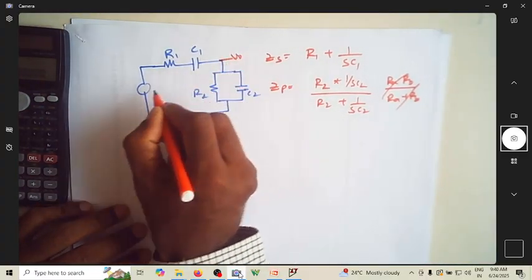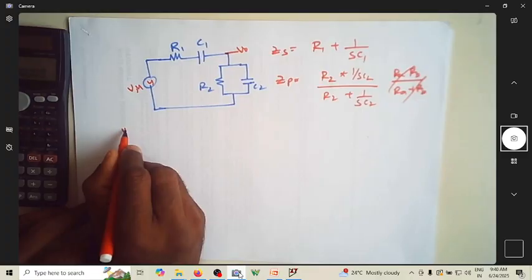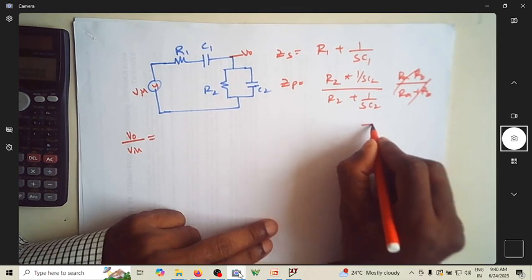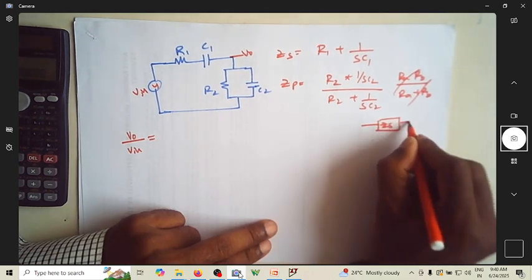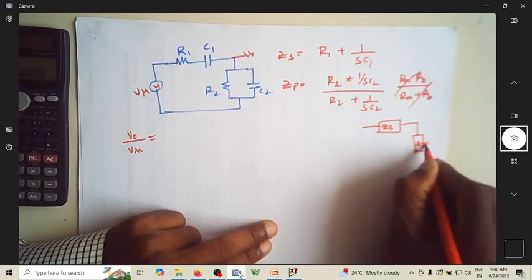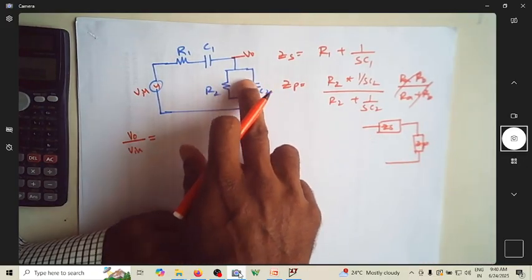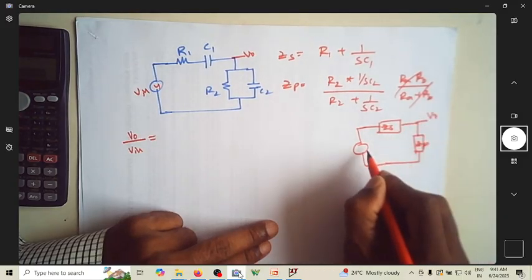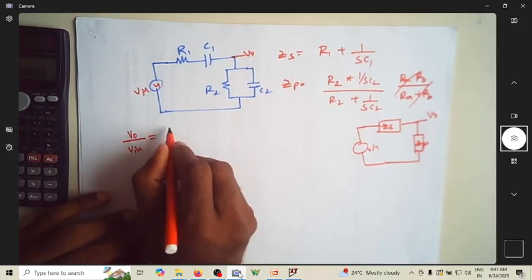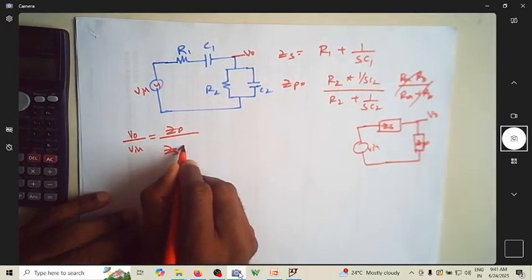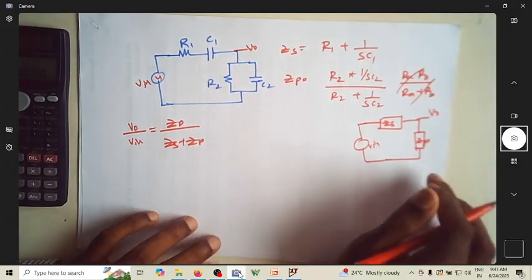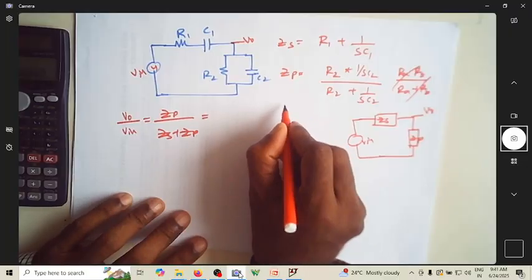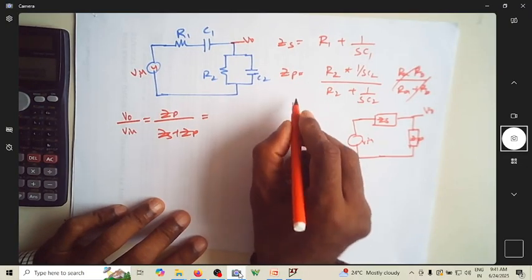Okay, this is V0, this is Vin. So what is V0 by Vin? Suppose if you rewrite that circuit as this is ZS and this is ZP. Why it is P means because this is parallel, this is series. S is the representation of series. So this is V0, Vin. So from this it is ZP by ZS plus ZP. Just varies from circuit to circuit. So now what is this? I think you can write it as,